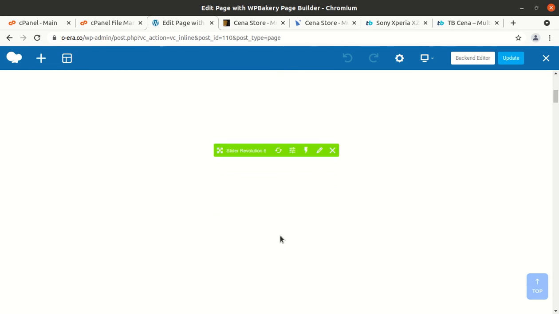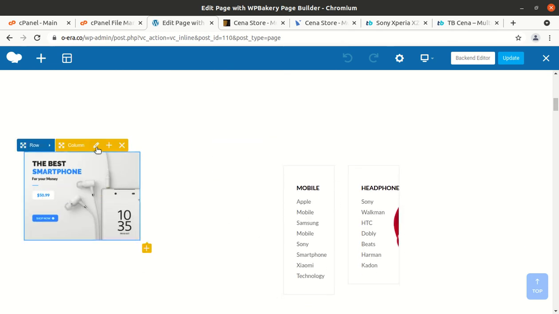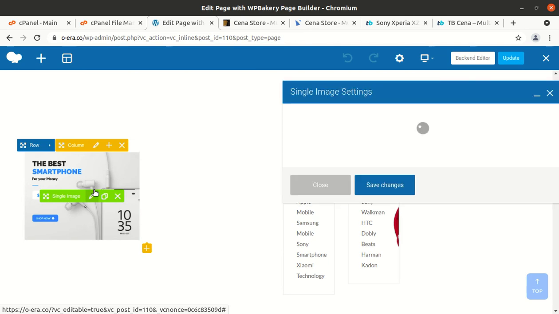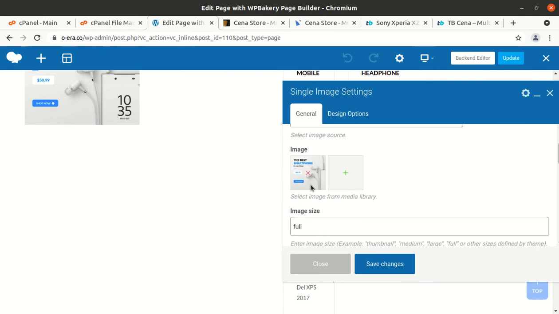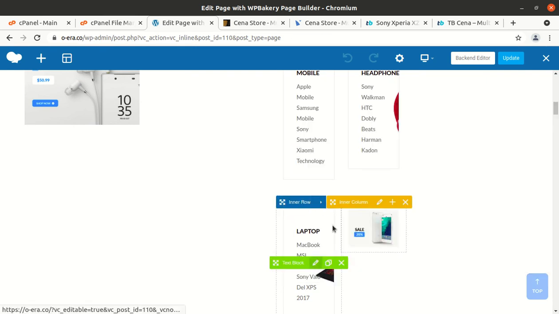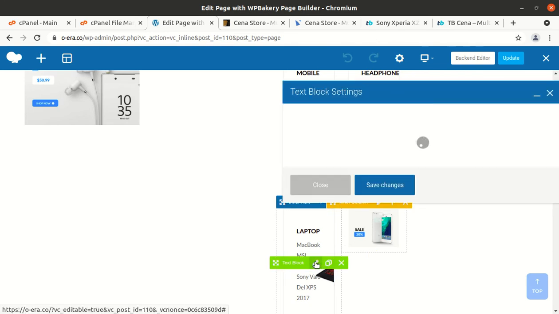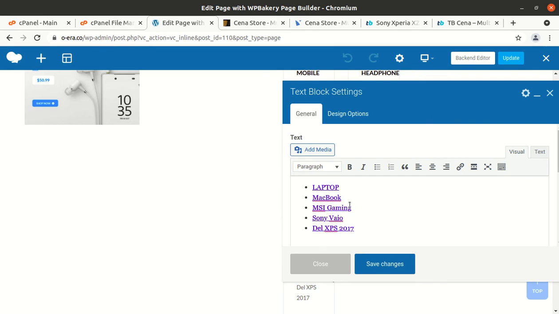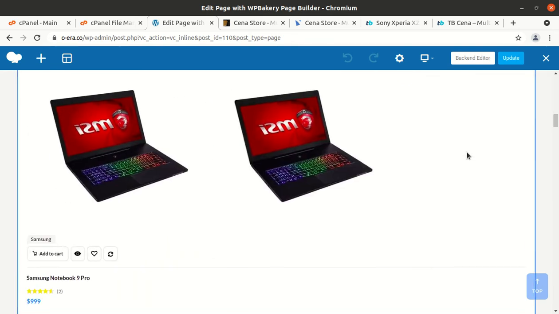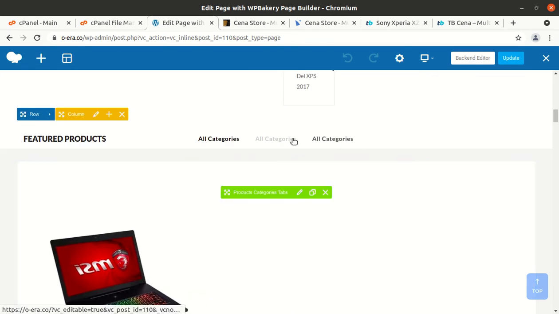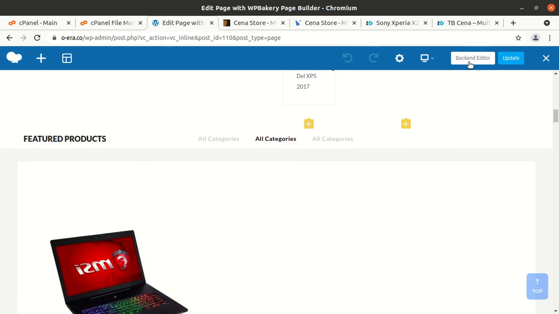This is the slider revolution part, and simply click on the pencil icon for changing the text and images, and you shall be able to control all the contents. Like images can be changed from here, and if you want to edit text, you can edit the text as well. Just remember, you have to use the same length of text as given in the demos so that you can maintain the integrity. And in the backend editor, you can even add or remove sections simply.